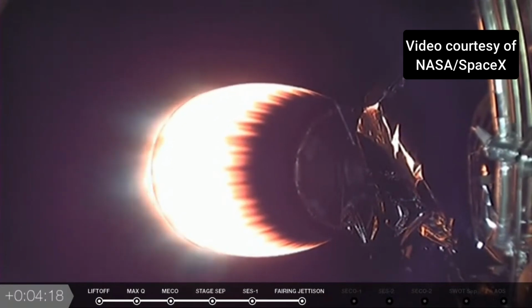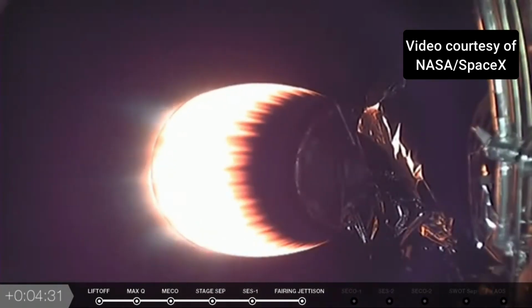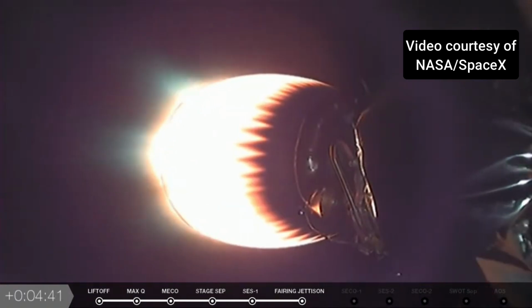Again, this is a video of a live shot of the engine on stage 2. SWOT stands for Surface Water and Ocean Topography, and this will be the first mission to provide high-definition data on more than 90% of the water on our planet's surface. It's a joint mission between NASA and CNES, France's space agency, with contributions from both the Canadian and UK space